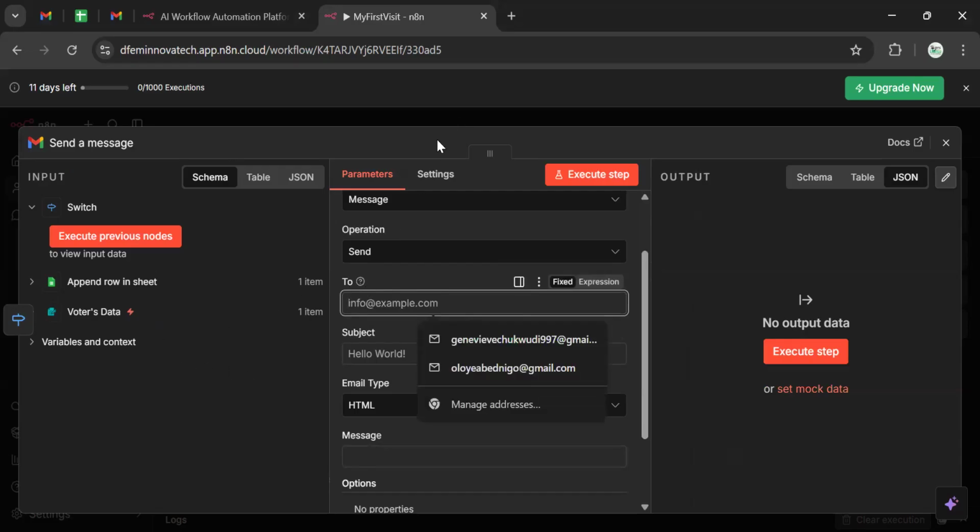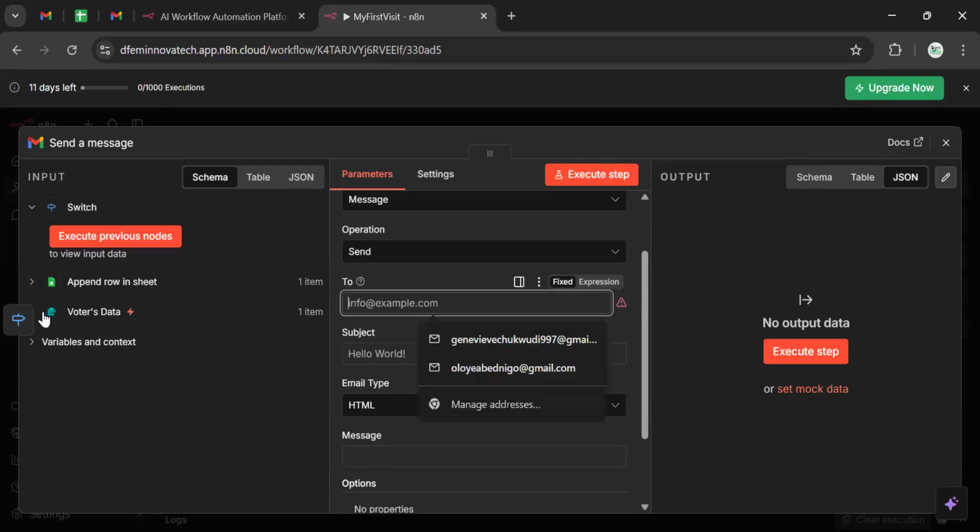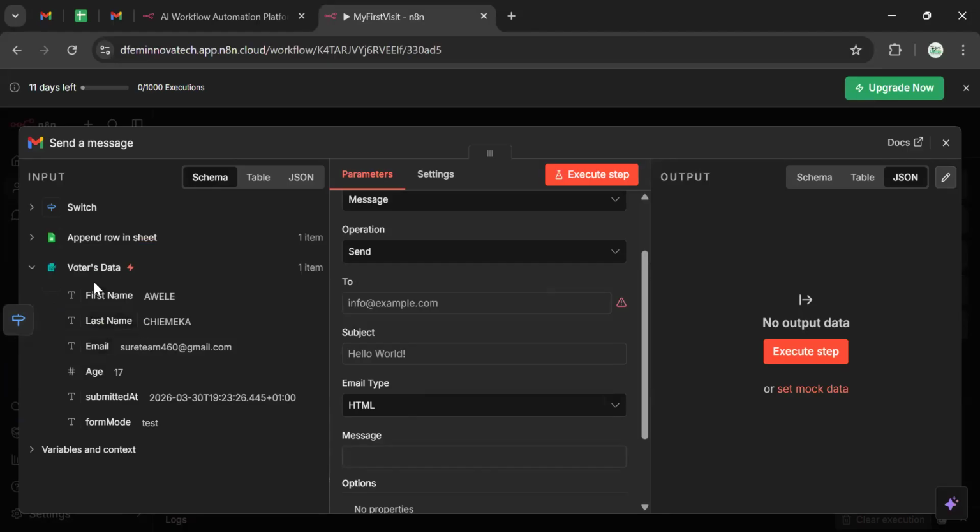Now, this switch has two nodes before it, and that's what you are seeing at the input pane here. We have the Google Sheet and the voters, or the form rather. So we want to send an email to the user email that the user submitted. I will get that from here, from the voters data, not from the Google Sheet. I want to get it from what the user entered. So I'll just drag this. I'm writing the email here to